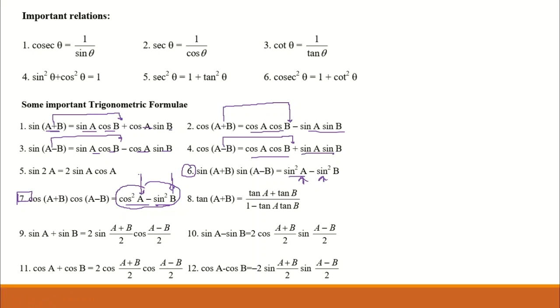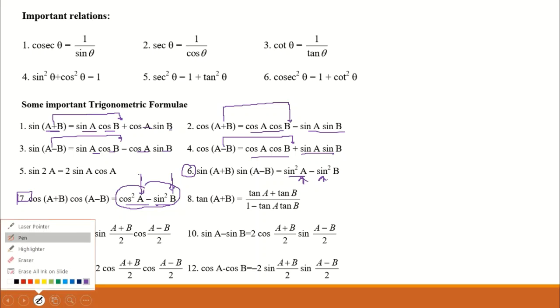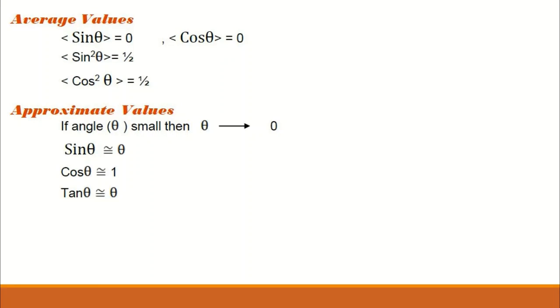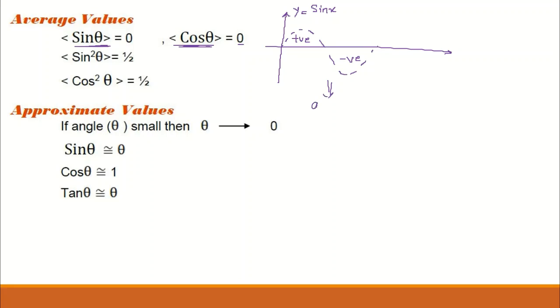So these were some formulas on the basis of which you can easily calculate any combination of the trigonometric functions. Right. Now, let's come to some average values or maximum values. The average value of sin theta or cos theta is 0. Now let's begin: what is average value? Let's draw the graph. I think everyone knows that this is the graph of sin x. This has certain positive values, this has certain negative values. If I find the average value,